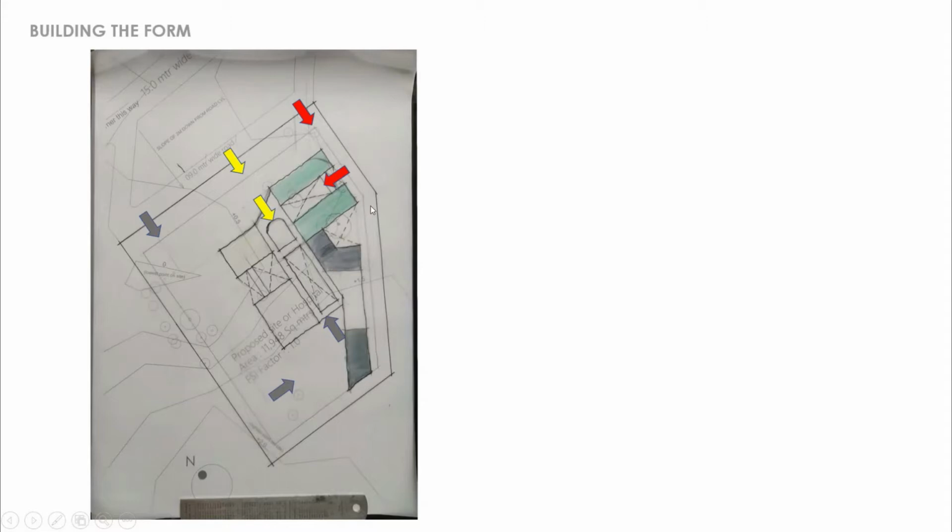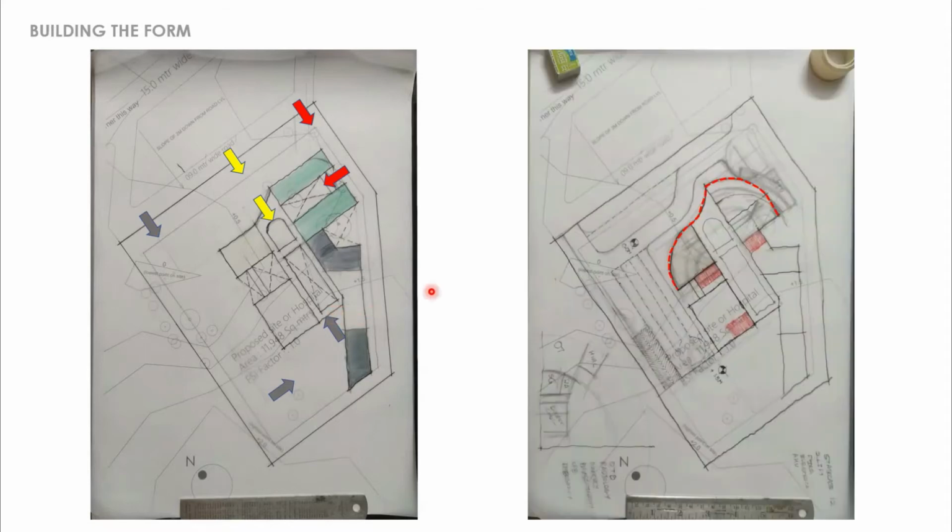Then we started with building upon the form. Firstly, we decided upon the entries. We have three entrances. First is the emergency entrance from the northeastern side. We have completely isolated the emergency entrance in order to conceal the chaos. Second is the main entrance which takes us to the structure, and third is the service entrance which takes us to the service area in the southern side.